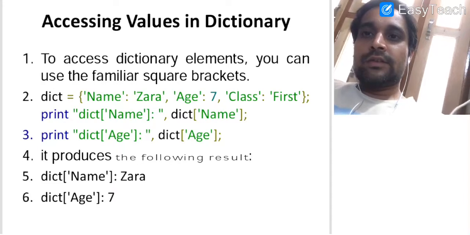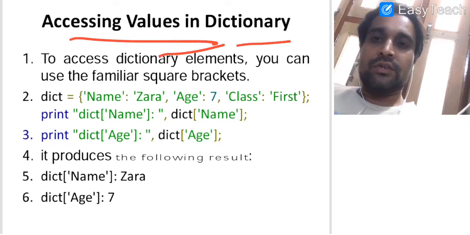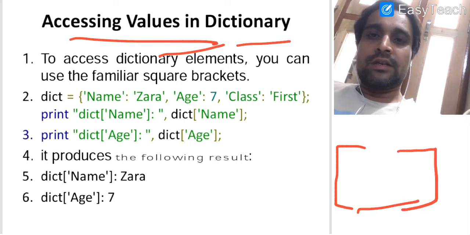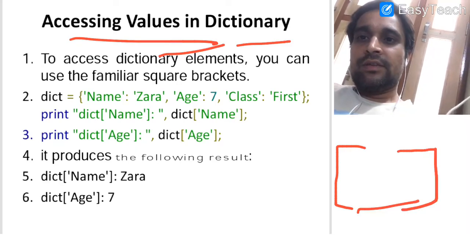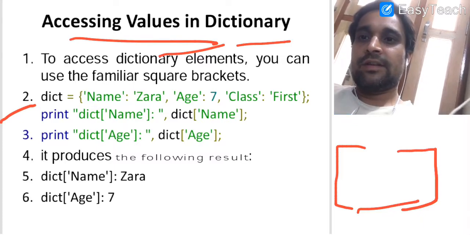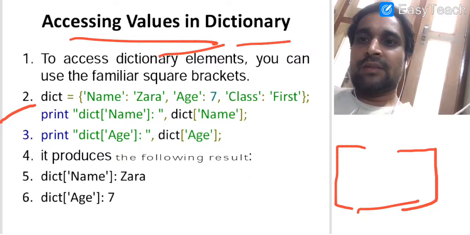Now how to access individual values in a dictionary. To access individual values in the dictionary, that we have already discussed in our last example, we have used the concept of square brackets, and in square brackets we have written the key. Now let us see with the help of some example. We are creating a dictionary, name of the dictionary is DICT, thereafter it is having certain elements or items. These items consist of keys and values which are separated by colon sign, and these together are separated by comma operator in a dictionary. We have written the statement print DICT, that is the name of the dictionary.